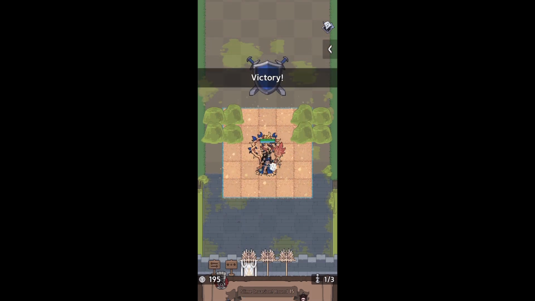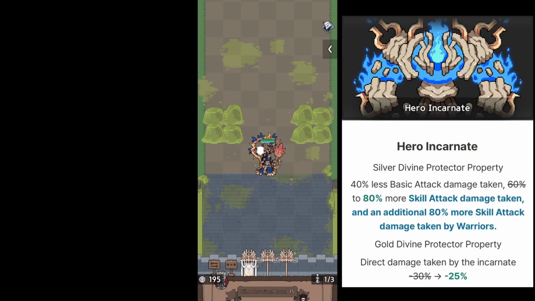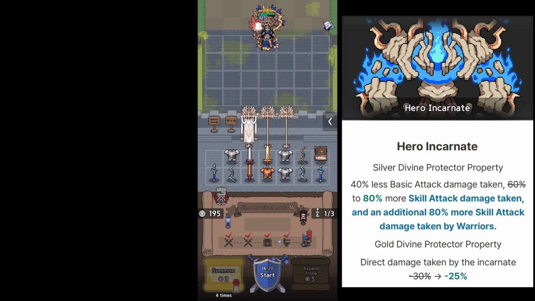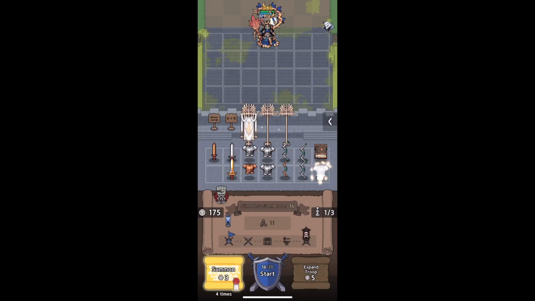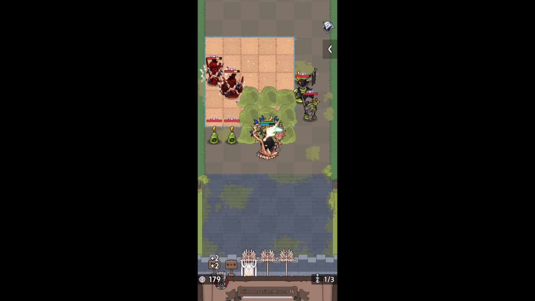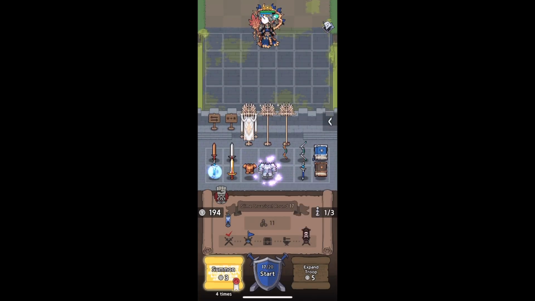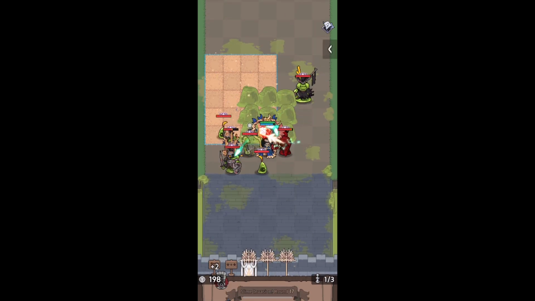And then Hero Incarnate got a something. The Silver Divine Protector property: 40% less basic attack taken. It used to be 60%, now up to 80% more skill attack damage taken, an additional 80% more skill attack damage taken by warriors. The Gold Divine Protector property, direct damage taken from the Incarnate, used to be 30%, now